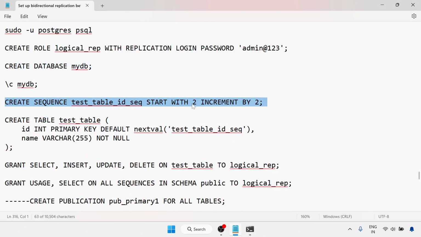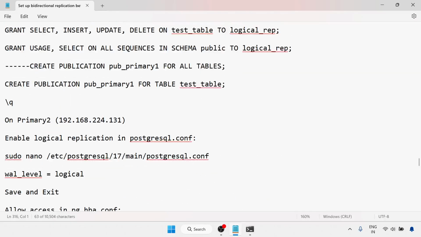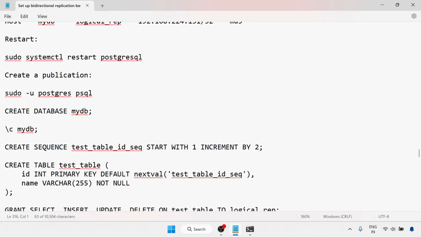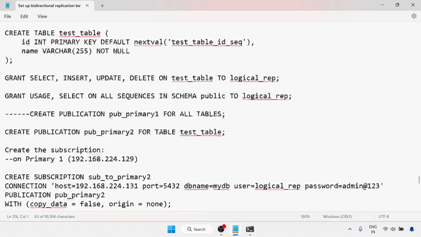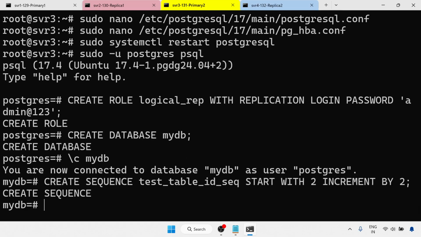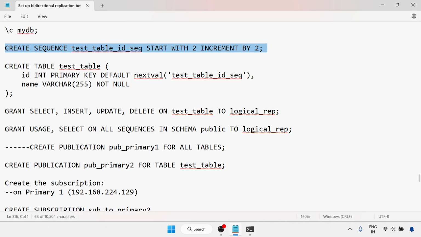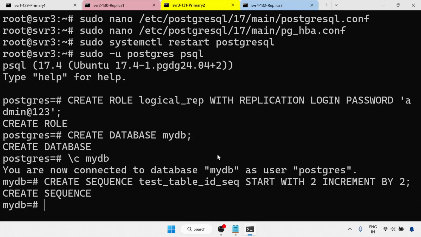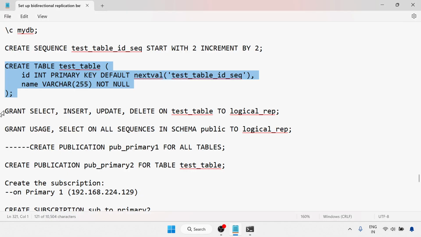Just remember that I'm incrementing here by 2 and starting with 2, which means this will come 2, 4, 6 like that. And here you can check I'm starting with 1 and incrementing by 2, because incrementing by 2 means odd and even. So even I'm giving for the primary 2 and odd for the primary 1. Now create the table, grant the permission,